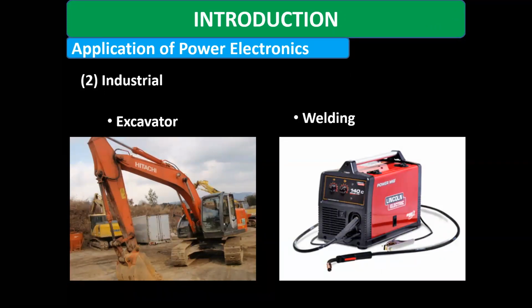But to get the high starting torque, we have to provide the proper amount of current to the devices, and it is only through power electronic switches, without compromising the losses in the devices, that we were able to use this power electronics converter module in an excavator. Similarly, in welding we also use a rectifier in the welding transformer. The rectifier converts the AC voltage into DC voltage.